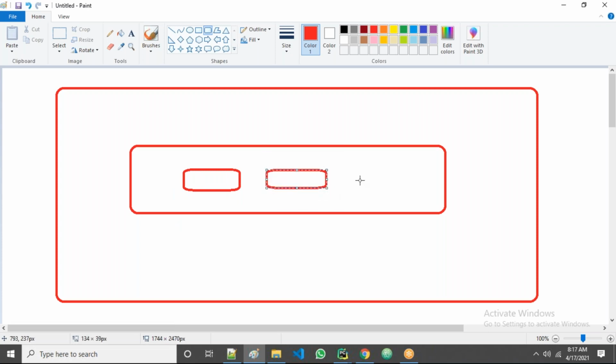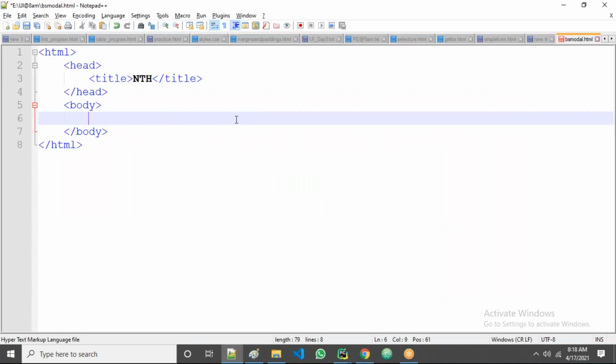We'll take one or two buttons like this. I'm not going to take those divisions like container, rows, and columns here. If I take them also, no issues. I can take this jumbotron in the middle 8 columns or middle 10 columns, no problem. Or else we'll try those also.